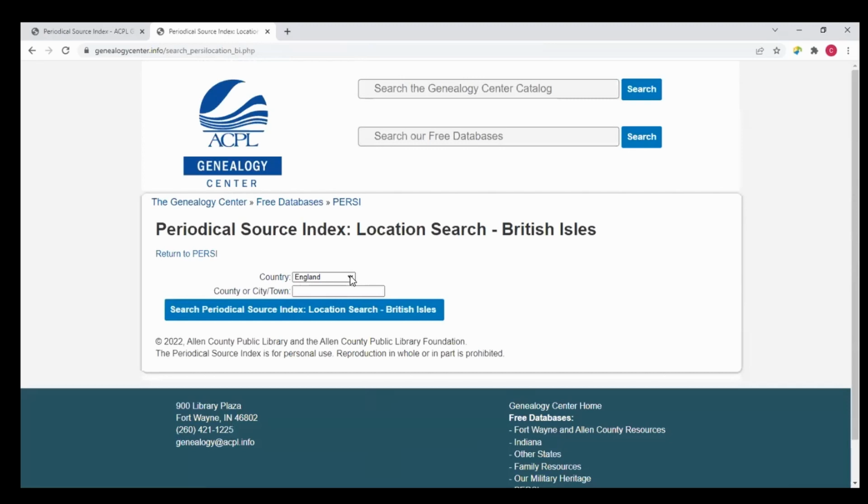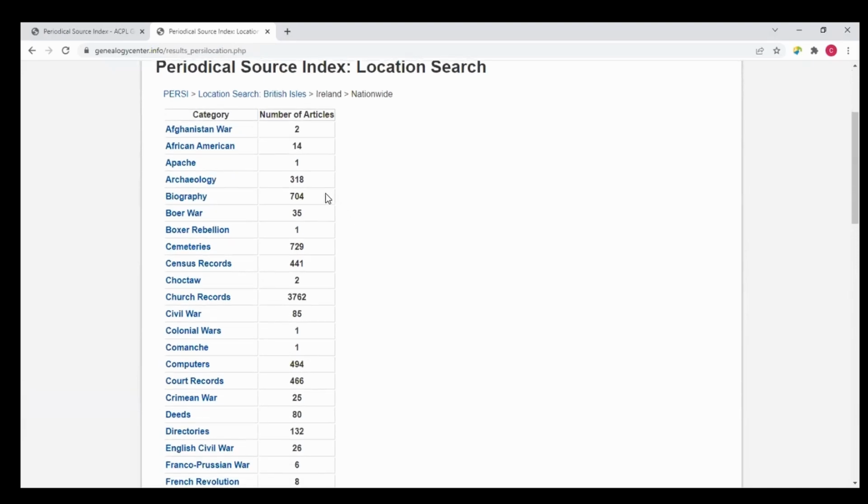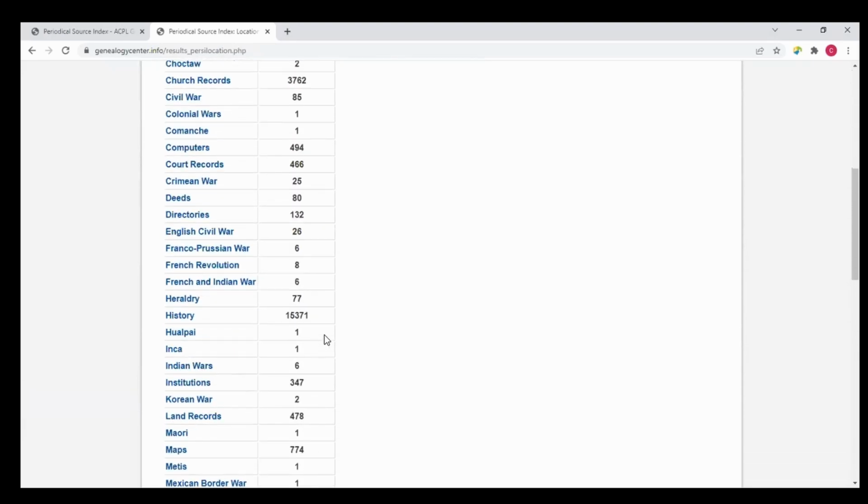Again, we have identified various countries that have been through literature, research, and history associated with the British Isles, and we have identified these geographic entities, territories, etc. And we click on ones that are interesting to us or that focus on our geographic area of interest. So we click on Ireland, and we click on the search, and again, thousands upon thousands of articles.